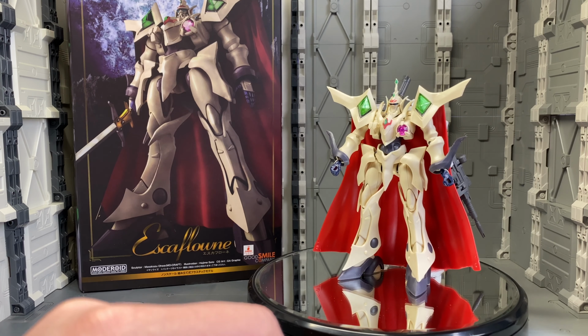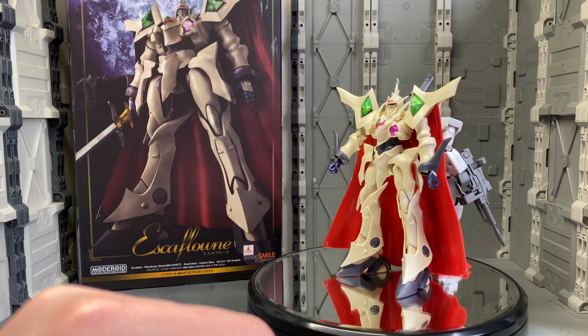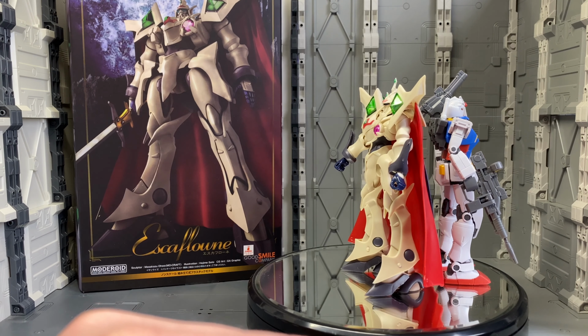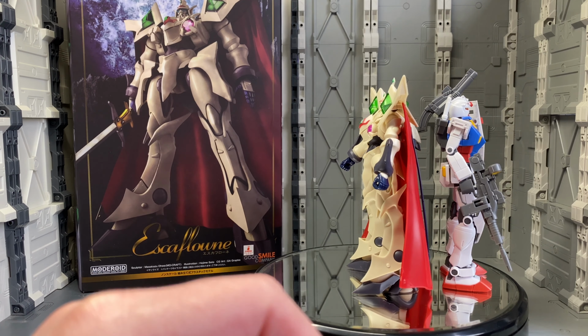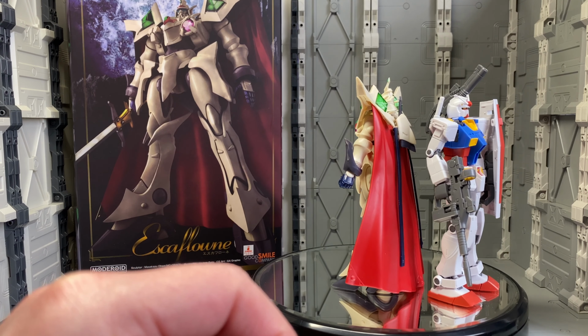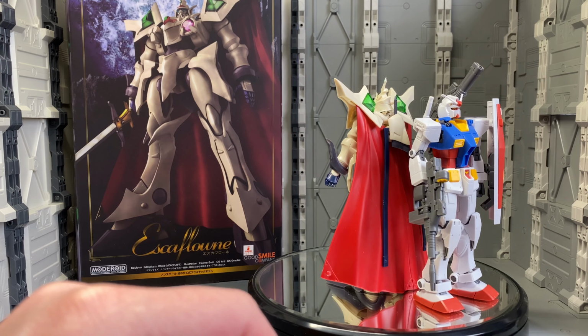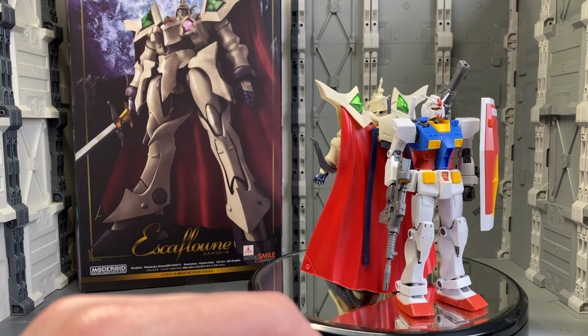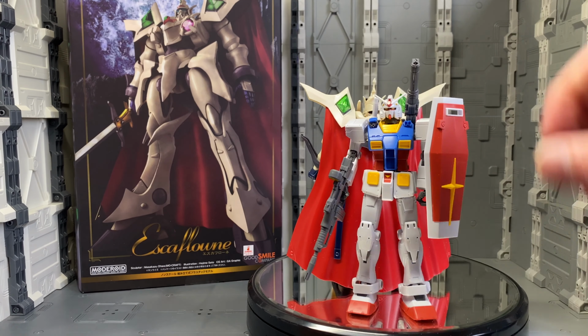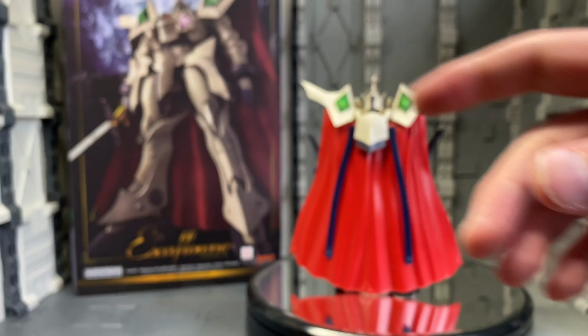But if you are aching to get one of these now, I want to say that it is still available, although more than likely, even if it is not, it'll be reissued at some point in the future, I would imagine. So buy it now if you can, or hold out and wait for a reissue at some point in the future. Alright, so that's pretty much going to wrap it up for this review then of the